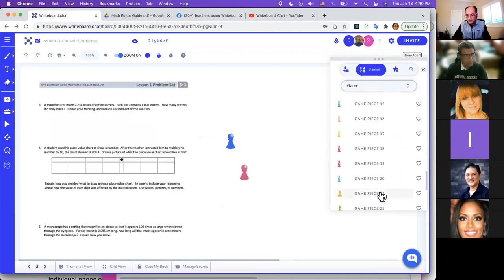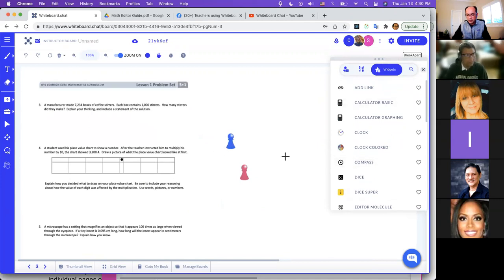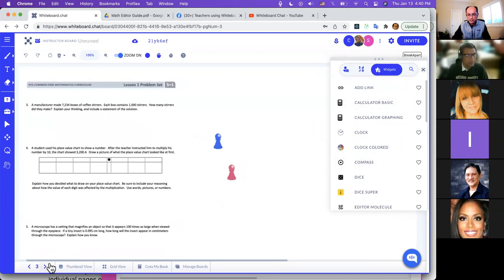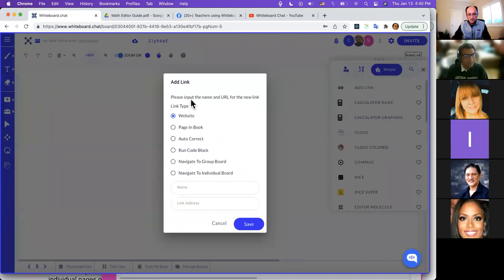Now, something really interesting is if you switch over from gizmos to our widget section. Here's really where Whiteboard.chat also differentiates itself from many other tools. So let me switch over to a different page. Let's say I would like to add a button that does one of these things to the first student. So you can add a button that goes to a specific website, navigates to a page in the book, does some auto correction and so on, right? So let's say I just add a website. For example, if I call this website Google,